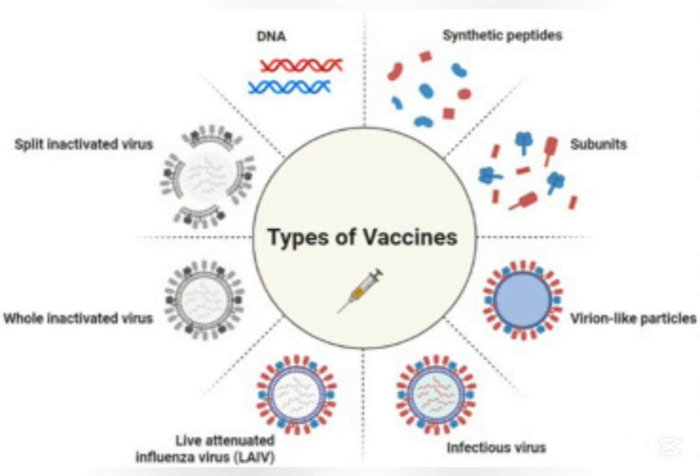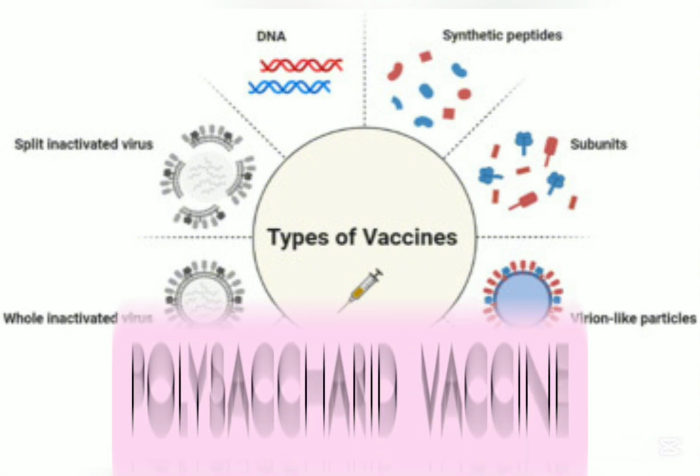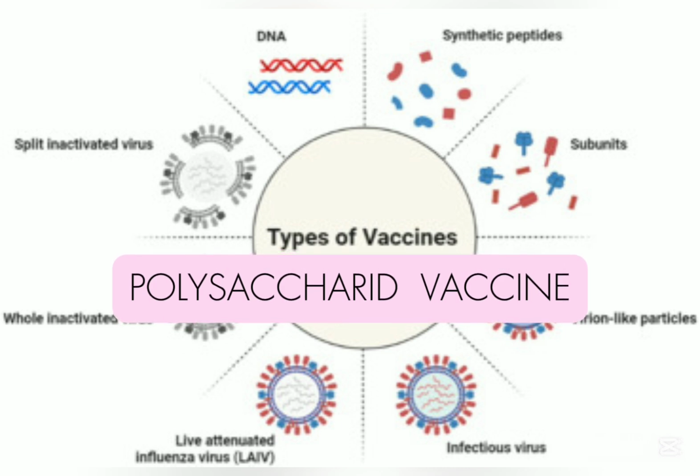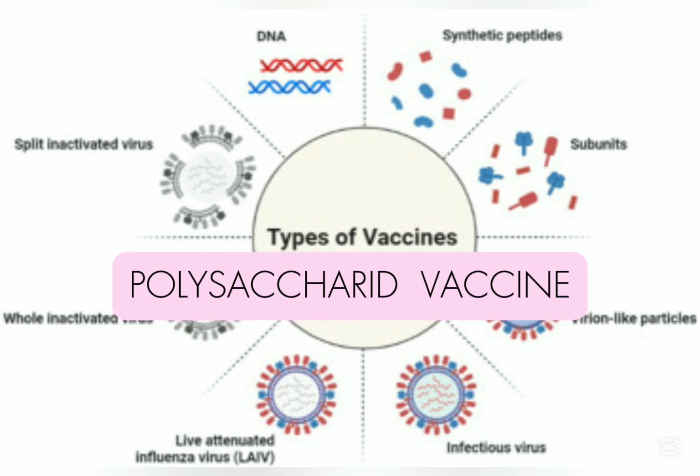Conjugated vaccines combine a weak antigen with a stronger antigen to improve immune response, e.g. attaching bacterial sugars to a protein. Polysaccharide vaccines contain long-chain sugar molecules from the surface of the pathogen. From this type of vaccine, we have examples like the hepatitis B vaccine and the HPV vaccine, and then